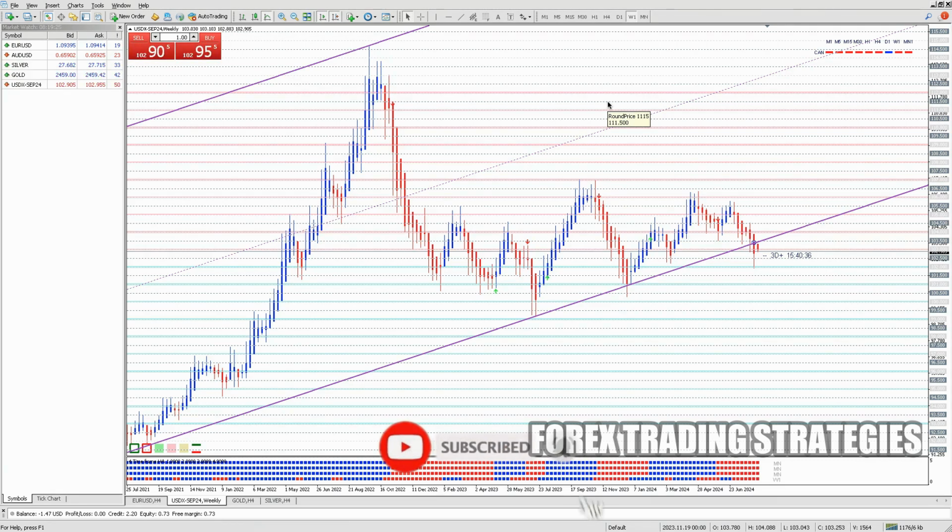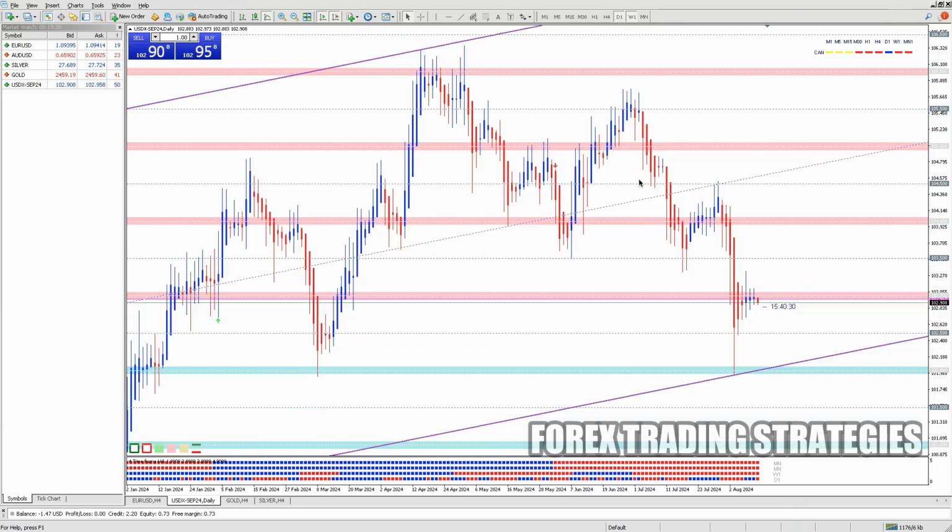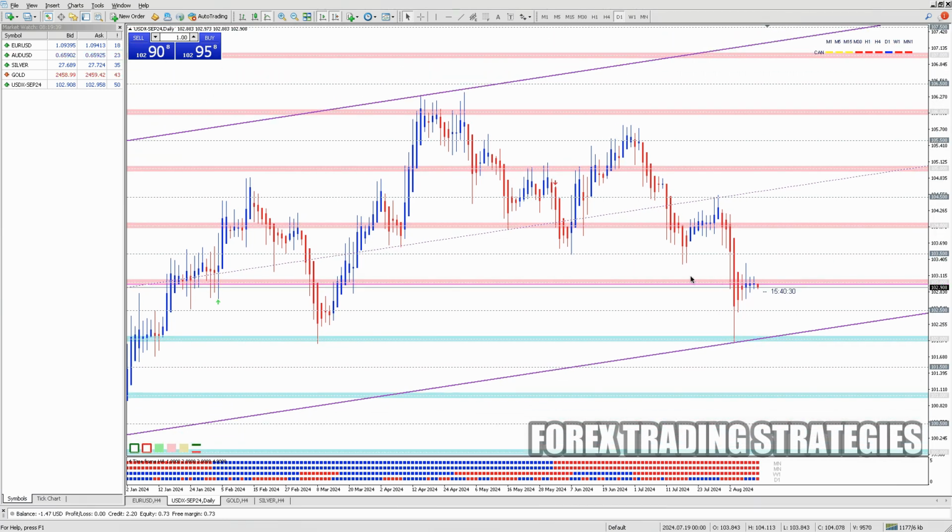MT4 is like the old trusted friend of the Forex community. It's been around longer and is incredibly popular, especially among those of us who are primarily focused on Forex. What I love about MT4 is its simplicity. Sometimes less is more, right? The platform is straightforward, which makes it easier to navigate if you're just starting out. Plus, since it's been around for so long, there's a vast library of custom indicators and expert advisors, EAs, that you can tap into. I found this particularly helpful when I was trying to refine my trading strategies. The support from brokers is also widespread, so you won't struggle to find one that offers MT4.